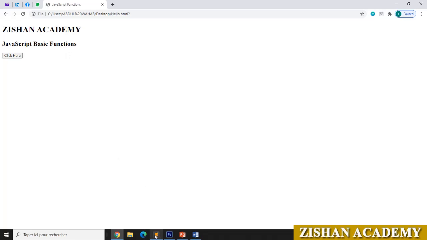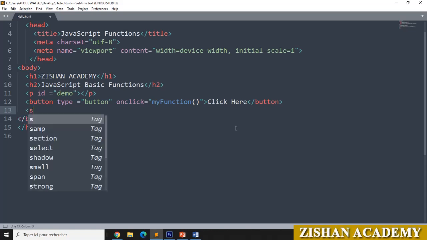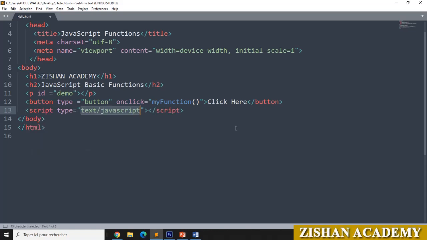Go to Sublime editor. We'll go for one script. Script type equal to text/javascript. Here in between this script we will write the code. This function we will call it here.